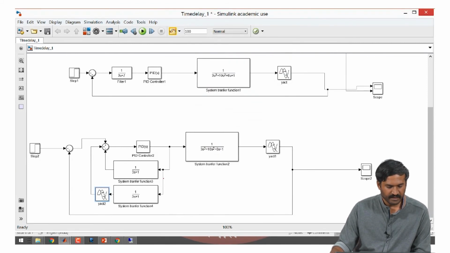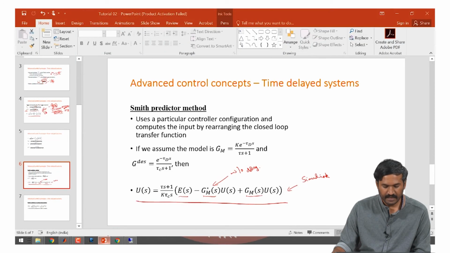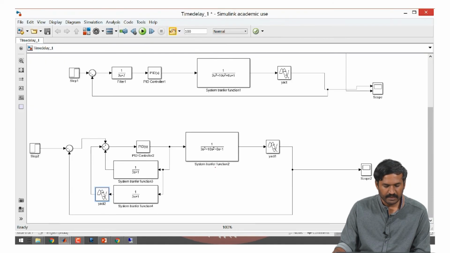So there is one term without delay which is getting subtracted here, as we can see here also. So, there is a subtraction of the transfer function without delay times u of s. That has been configured here, and similarly the same transfer function with time delay.